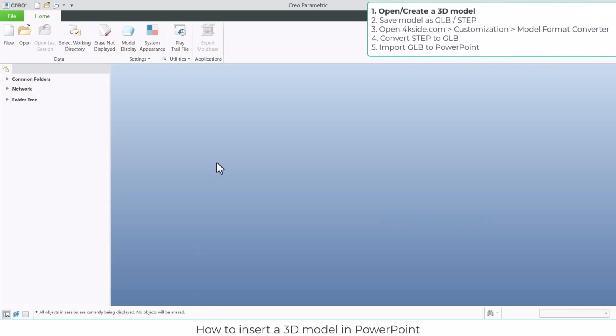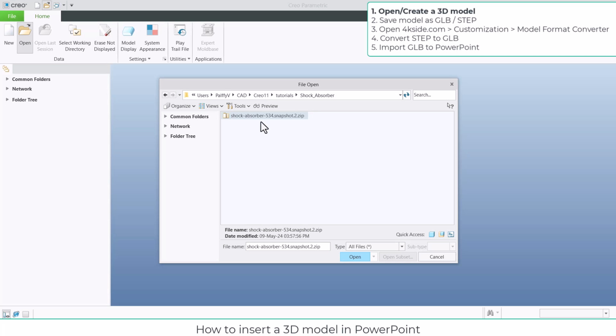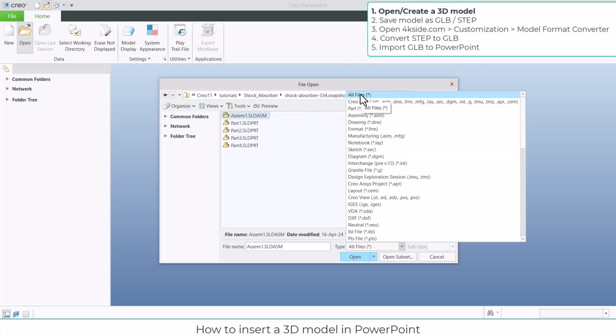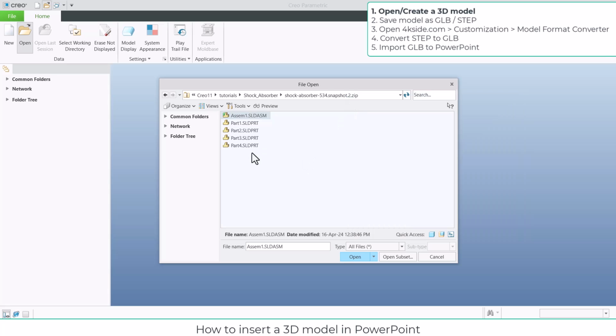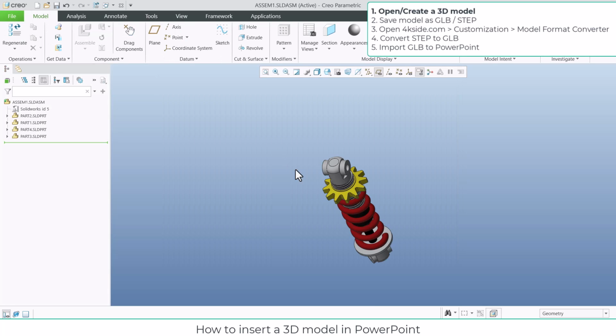I will jump directly to Creo 11, and over here we are able to open many neutral data formats from different software. So I have found a nice 3D model, and as you can see, the system downloaded a zip file for me. It's not a problem. You can open the zip file immediately, and then I am able to choose that I would like to see all files. And then simply select the SolidWorks assembly, for example,